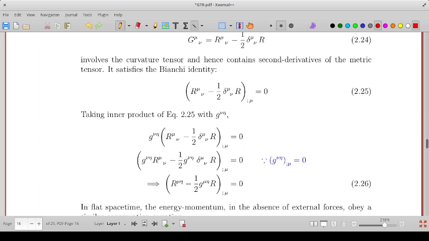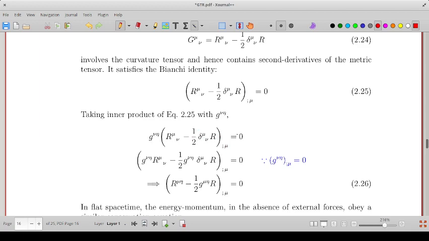And further, we can take the inner product of this equation. This is a tensor equation. This object is the Einstein tensor, and this is a covariant derivative of a tensor, and therefore the result is also a tensor. So this is a tensor equation, and taking the inner product of this equation with G nu eta, we get G nu eta, then R mu nu minus half delta mu nu R